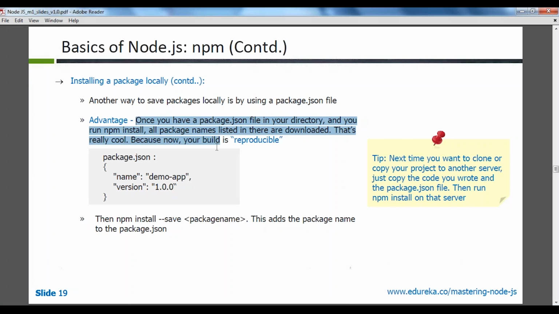Advantage: once you have a package.json file in your directory and you run the npm install command, all package names listed in there are downloaded. What they are saying is, in your package.json file, apart from the project name and the version, we keep dependencies. That means this project is going to use, say, a servlet, MySQL connector, and some Hibernate, Spring, or Struts related dependencies that you added. Sometimes we don't check in the jar files. Instead of checking in your jar files or dependency modules, because they can unnecessarily eat up the SVN or whatever source version control space,